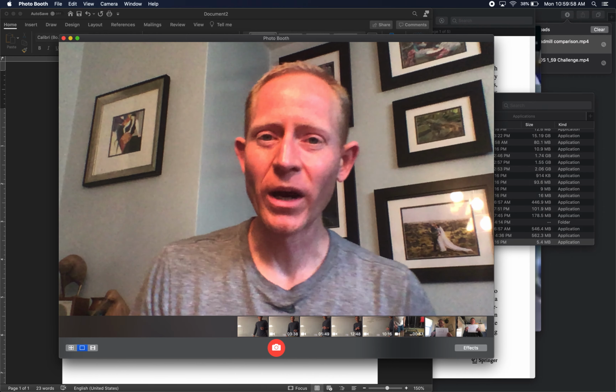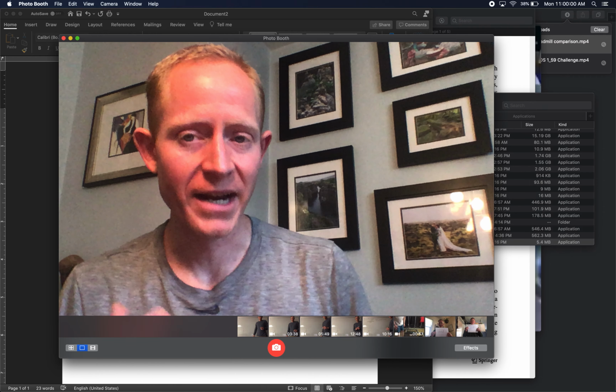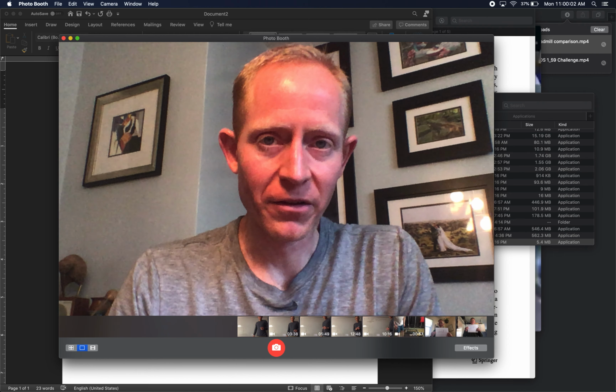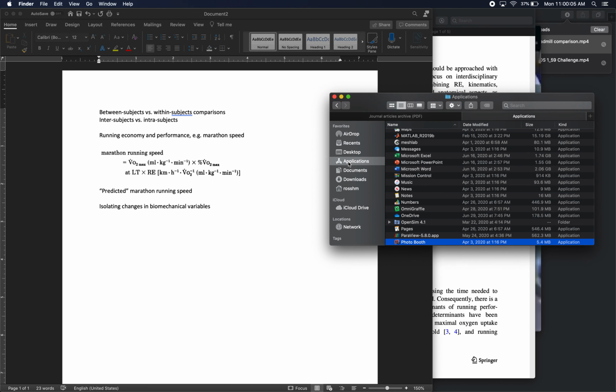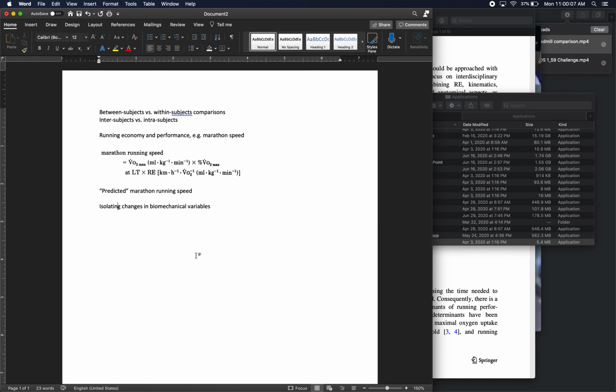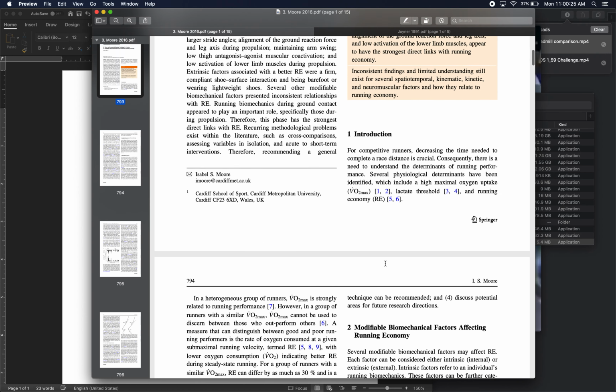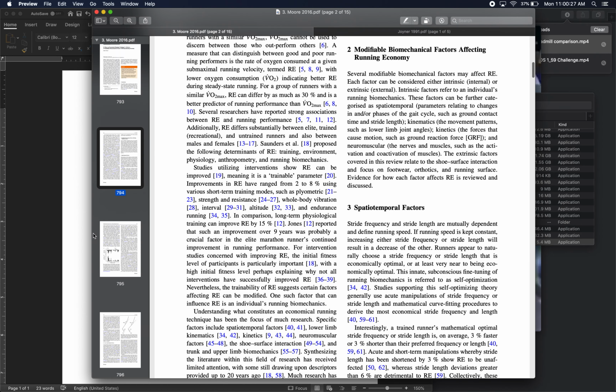Well, that's not quite so simple because I wasn't changing, or I'm not able to change, the knee angle there in isolation. So it can often be really difficult in these sorts of studies, where it's by definition a whole body motion that involves movement of literally every part of the body, to ascribe any sort of change in running economy to any particular single variable. Okay, for these spatiotemporal factors,